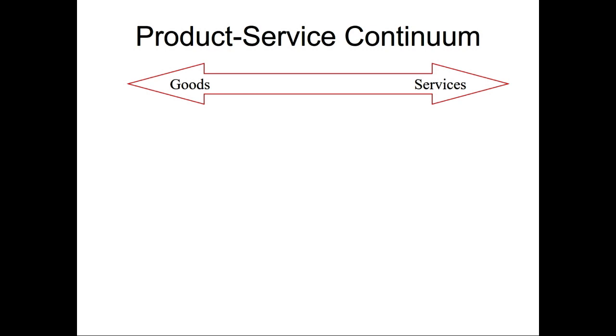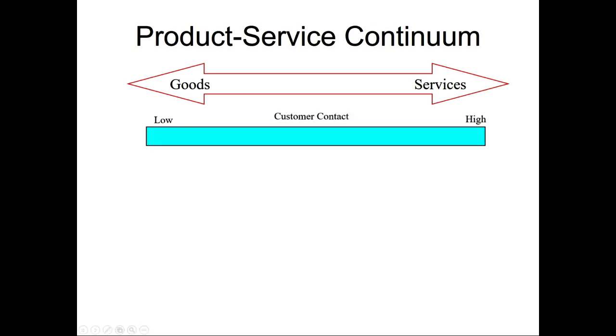So we might look at Under Armour and say, well, Under Armour is clearly a goods producer. They make clothing. But really that's not quite accurate, because a lot of what they do and a lot of the reason we buy from Under Armour is because of the services they provide. So while we do get a good from them, the services are really an important part. And so to help understand how this all fits, I break this down a little bit. I'd say one way you define this would be the degree of customer contact. And so if you look at something like a barber shop, where someone would say, well, that's clearly a service, that is high customer contact. And so services are often defined by high contact.